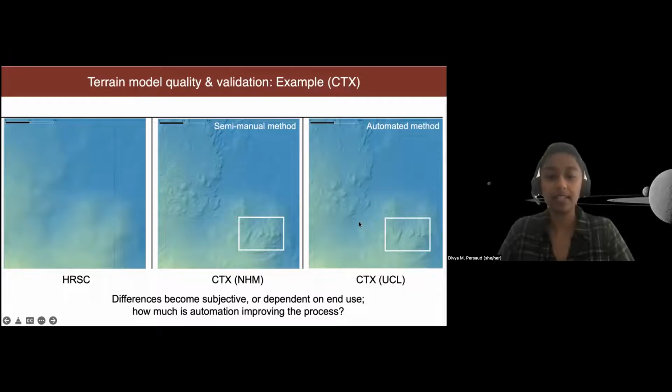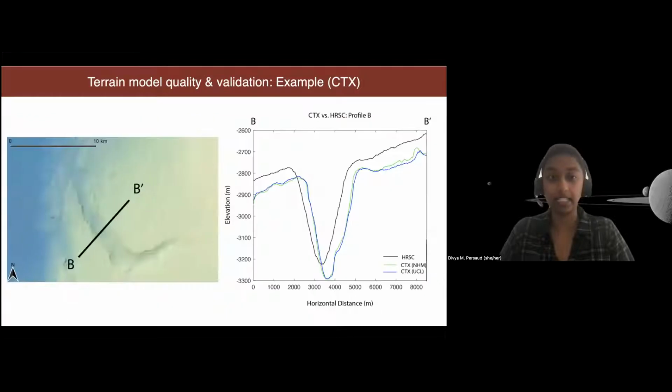So the question became, is automation actually improving the quality that we get? If we know where things are, do I, as a geologist, really care about these features? Absolutely not. Do I care if I'm giving this talk and saying my product is clearly inferior? Maybe. But it really depends on who's going to use it. It really depends on who's processing it. And that was a big lesson.